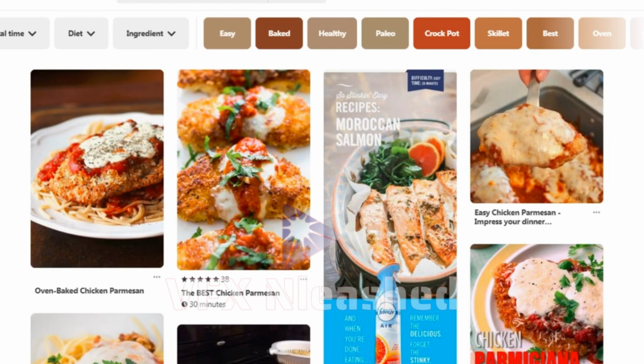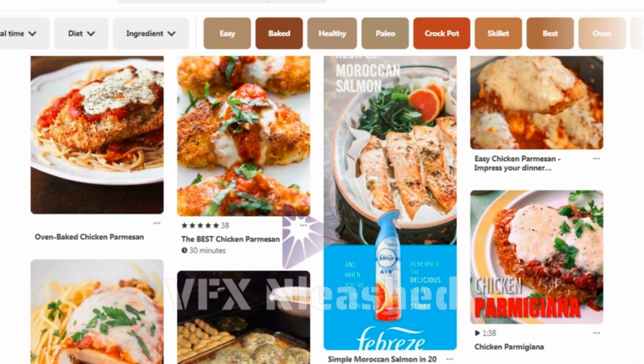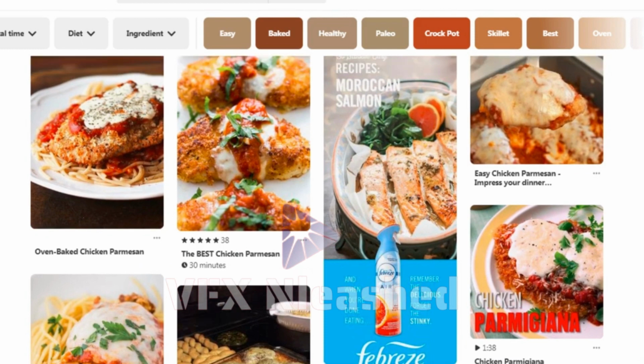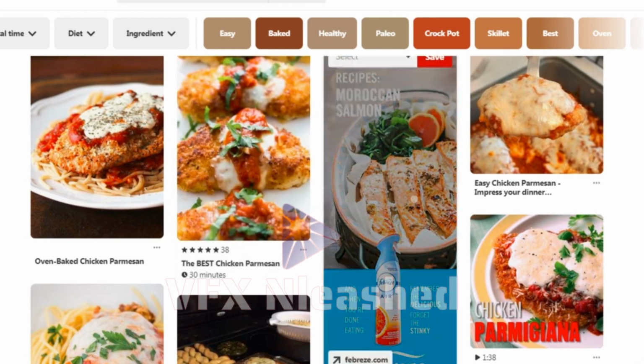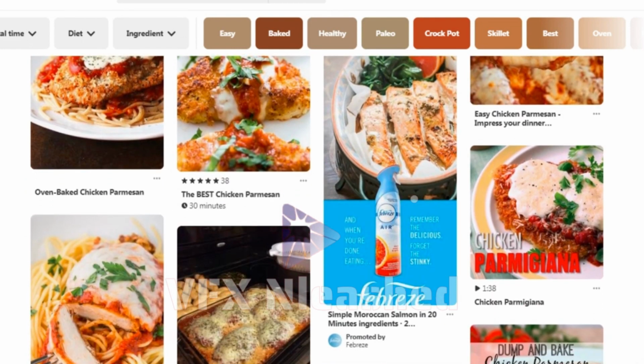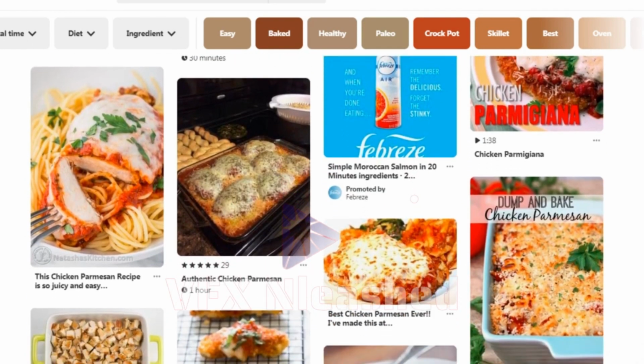Now, as you go through here, I want you to point at and think which one actually stands out. So these are just images, and you'll notice that a lot of people just upload images, and images look great and they definitely will get clicks. But if you scroll down, this one here has not only a good image, but they also have a good title. So if we scroll down further,